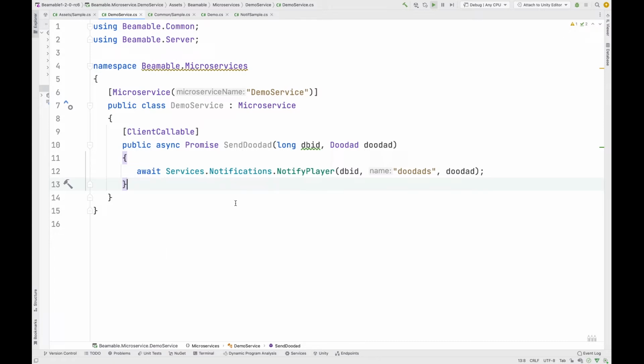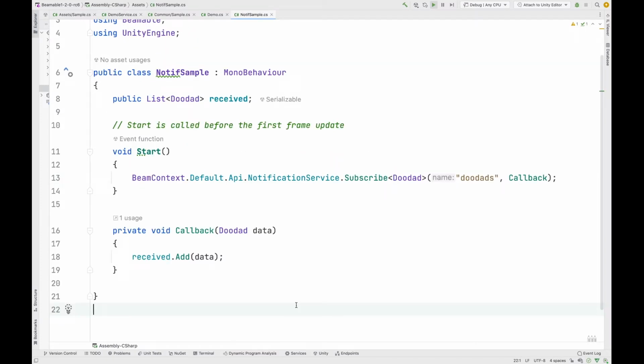We've improved the method signature for interacting with microservice to player notifications. Now you can use generic methods to automatically deserialize your types. In this sample microservice, I'm going to notify some given player about a doodad on the doodad's channel. In my Unity game, I'll have a mono behavior that listens on the doodad's channel and uses this subscribe method with a generic type to run my callback, where I'll add it into an array that I can look at